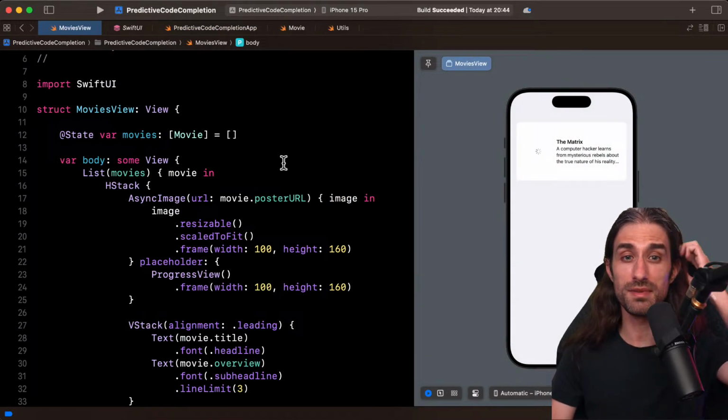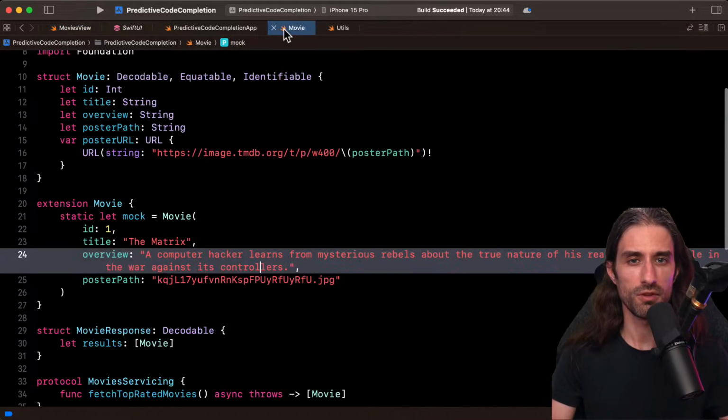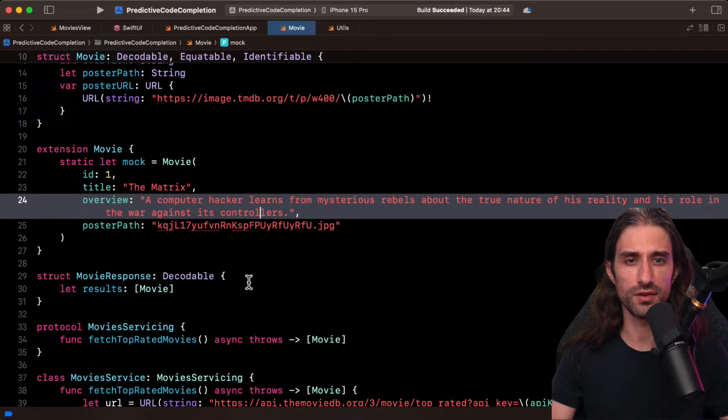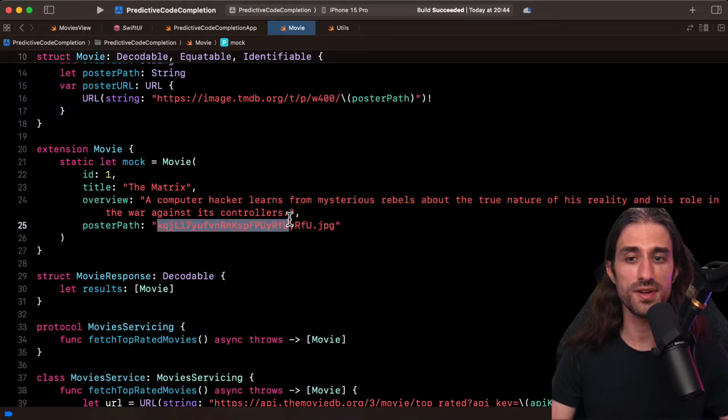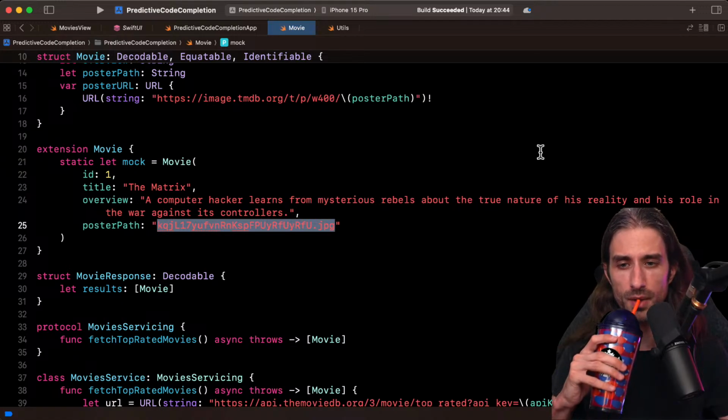But it's possible that the URL also changed. These URLs are not guaranteed to be stable over time. So maybe it was correct at one point. But at least it's good to see that you should always take what's suggested with a grain of salt, especially when it's technical values like these ones where you don't know if it's still going to be valid over time.